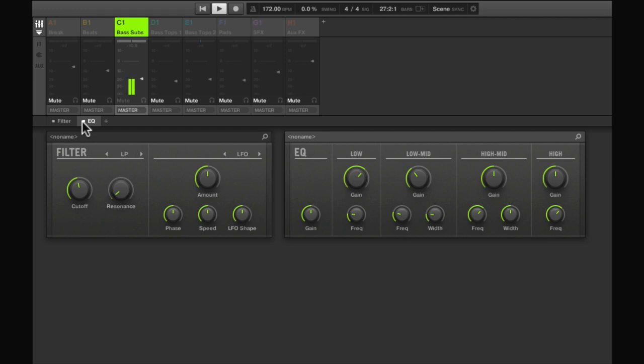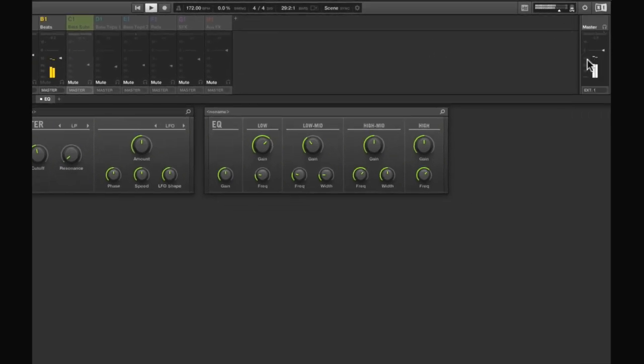Okay, so that's basically our 3 main parts of the track mixed. I'm going to mute the bass. Let's have a listen to the drums and that break on top. And what I would do is always mix from here, so get my drums sounding how I wanted them to sound. I've got a little bit of bus compression going on them, and so they're all nice and solid and uniform. And now I'd look over here at our master fader,